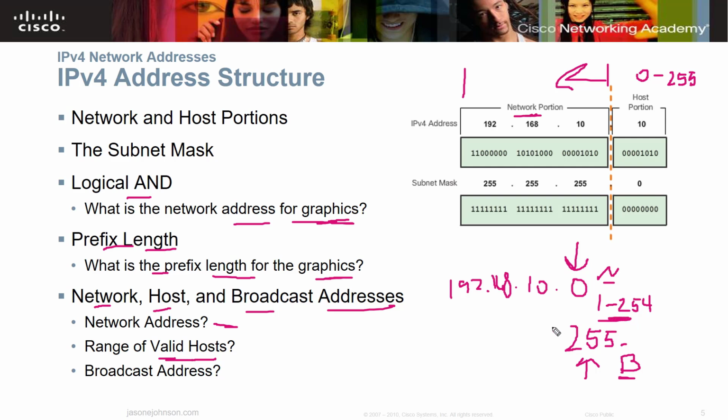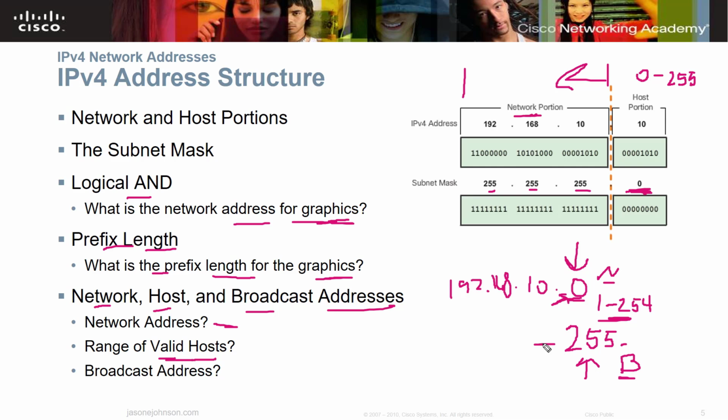What you have to remember though is as you start subnetting, it may or may not be 0, because this is where some people get confused. It's not always 0. If I split this up into 2 subnets, 0 is still my network address for the first. But if I split that up further and subnet over into here, then that network ID and that broadcast ID will be different than 0 and 255. So just make sure that you understand that when you start subnetting, those are going to be different.